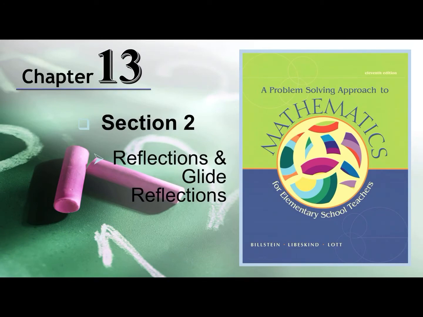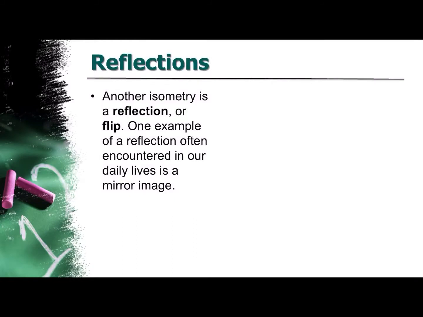This is the video for section 13.2. We talk about reflections. As we talked about in the last video, a reflection is an isometry. An isometry is some transformation, something we do to a figure, but it keeps congruency. So if we take a figure and then we reflect it, the resulting figure, the image, is congruent to